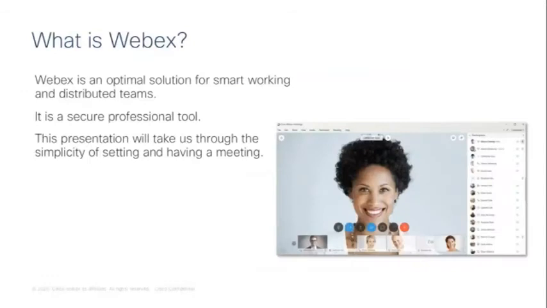If you're new to WebEx, then welcome. WebEx is a video conferencing tool by Cisco. We don't tend to play in the consumer space, so if you've been on a virtual happy hour or yoga or family quiz in the last couple of months, it probably didn't take place on WebEx. WebEx is mostly an enterprise tool.